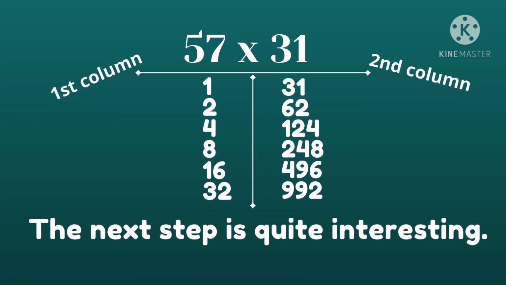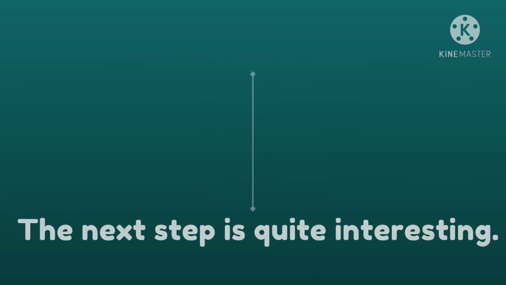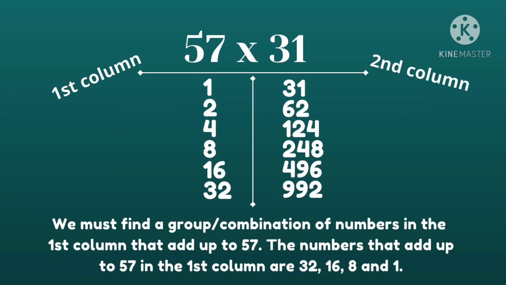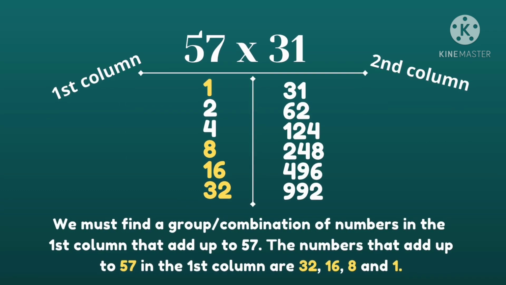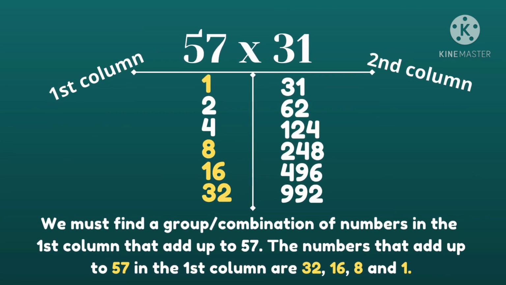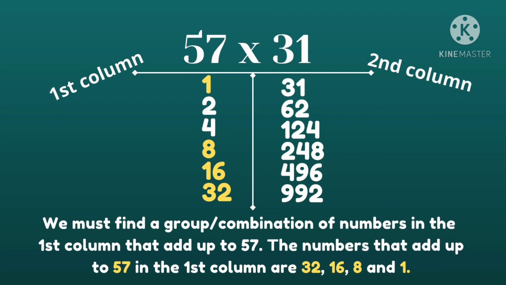The next step is quite interesting. We must find a group or combination of numbers in the first column that add up to 57. So the numbers that add up to 57 in the first column are 32, 64,